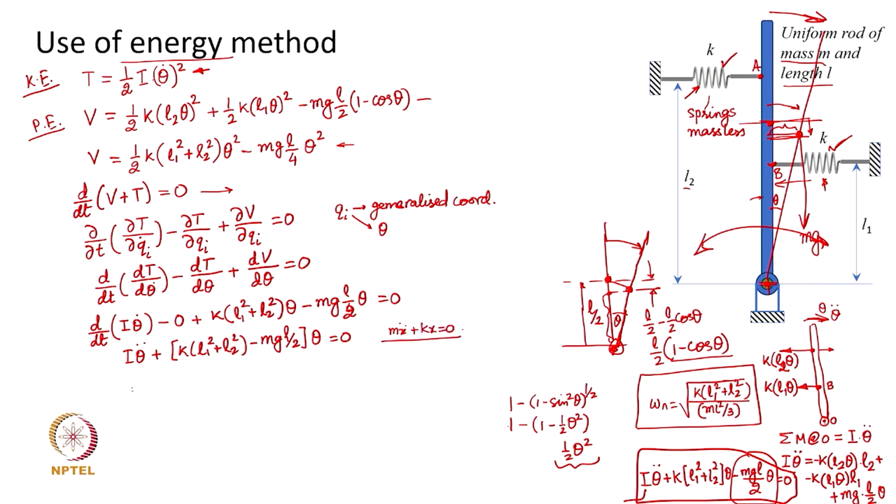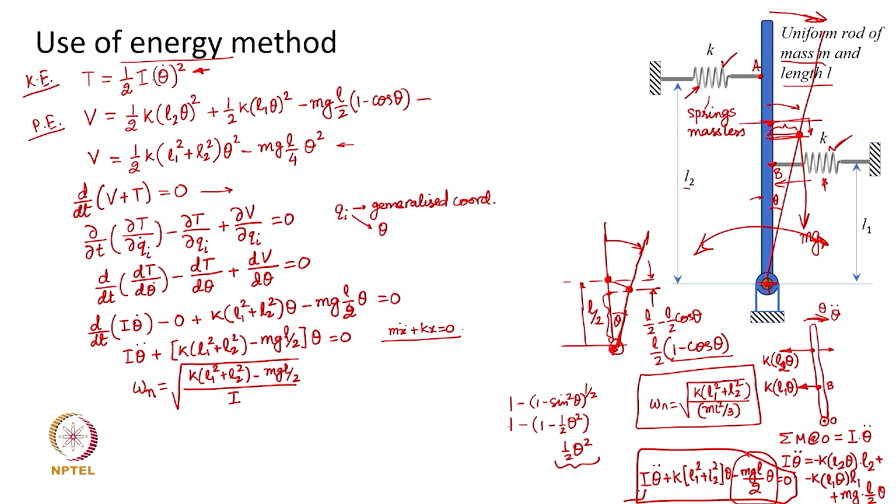This one is in a similar form, and the natural frequency of angular vibration or angular oscillations is now going to be the square root of [k (L1 square plus L2 square) minus mg L over 2], and of course, I can write I here,